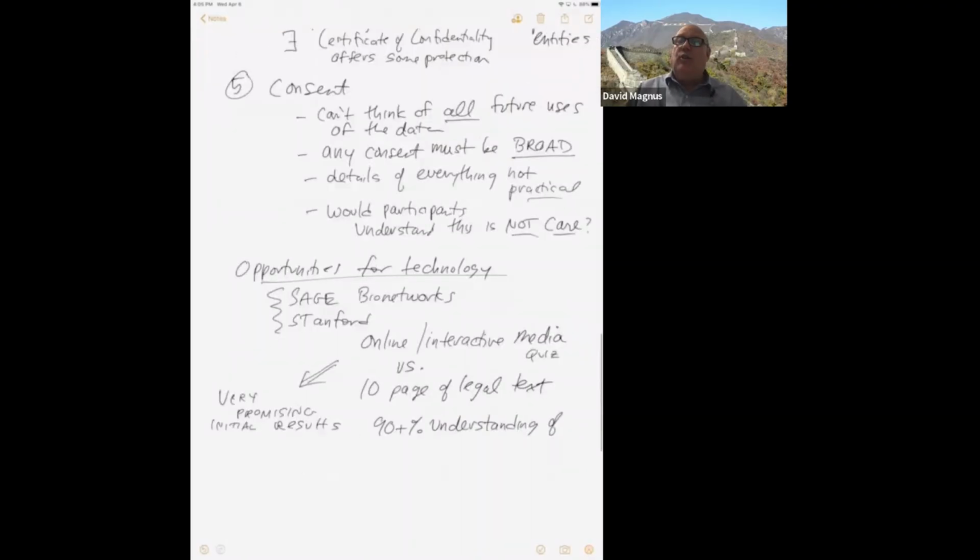What we don't know yet is when it comes to the genetics and genomics, we don't have any of that quiz data yet, and so it'll be interesting to see as they roll that out and continue to gather quiz data whether they're going to be able to maintain the high levels of understanding of participants that they've been able to obtain up until now.